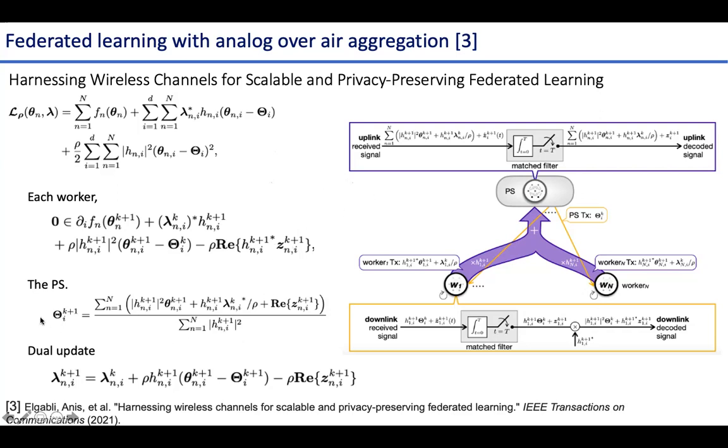So the parameter server doesn't really need to estimate the individual channel, which can come at very high cost in terms of